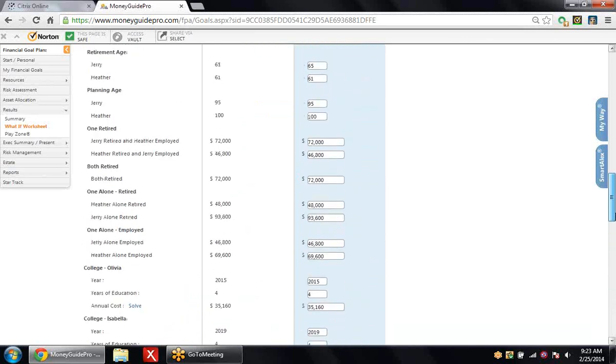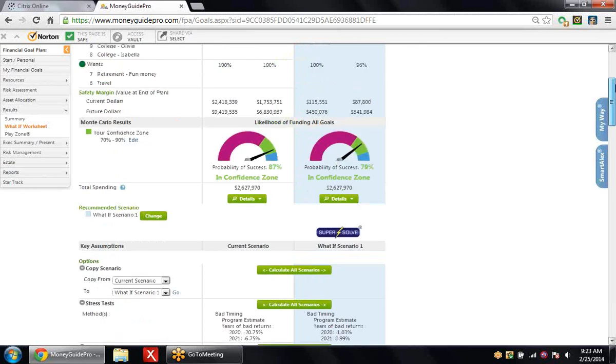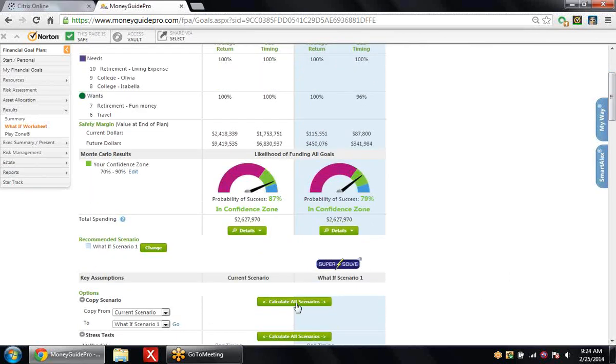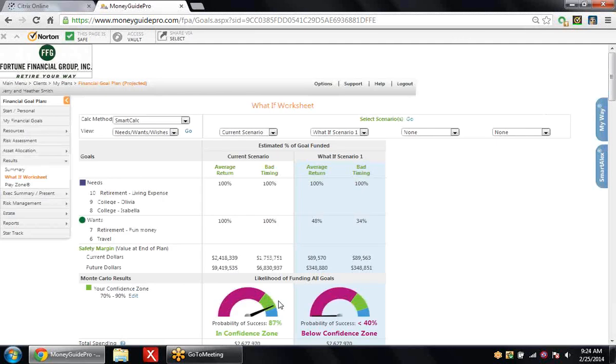I'm also going to change the rate of return during retirement from 3% to 3.5%. And let's see, in order to do that, we have to hit calculate all scenarios. Now, the current plan shows $450,000 left in future value dollars before I made those changes. When I hit calculate all scenarios, remember we changed the Social Security income, it's going to go a little higher, 50% higher, and the rate of return went from 3 to 3.5%. And now we're going to have more money